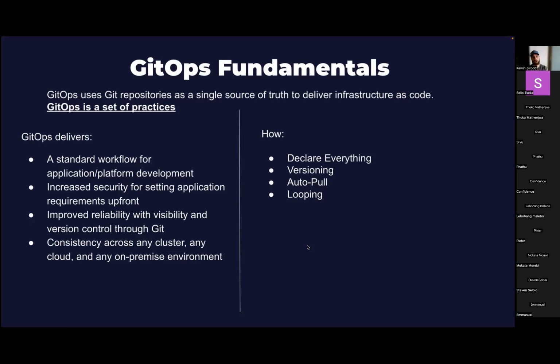So how to achieve GitOps? There's four main things. Again, we need to declare everything. Everything you do needs to be declared in some sort of file, and this file must be stored in a GitOps repository. Be that your Terraform code, your Helm charts, your Kubernetes manifests, as bland as they are, anything, your Ansible scripts, whatever you want to do, infrastructure. Versioning, so Git, push it to Git. Auto pull.